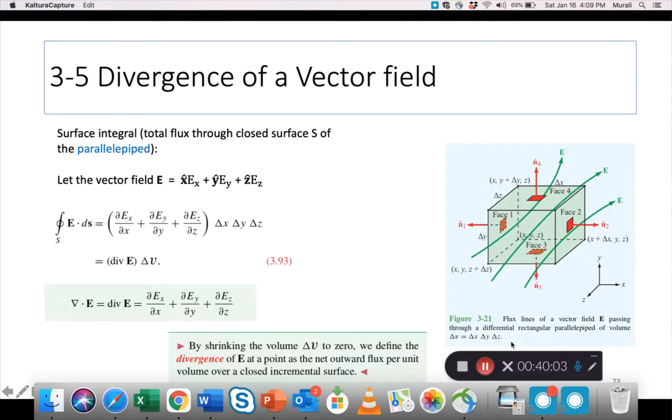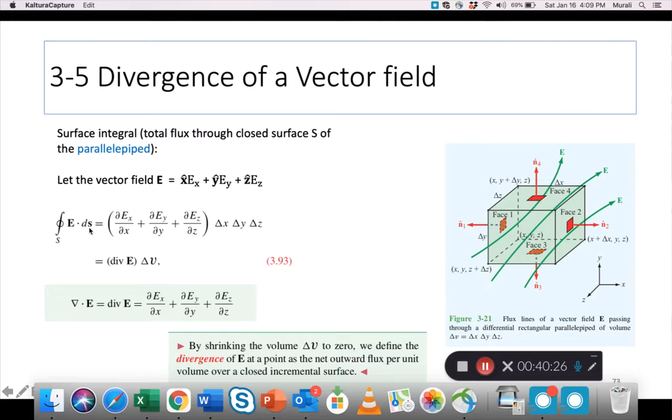So this you understand. Now if you take the surface integral, with an S there, remember we talked about line integral, surface integral and volume integral. A surface integral of E dot the area dS,